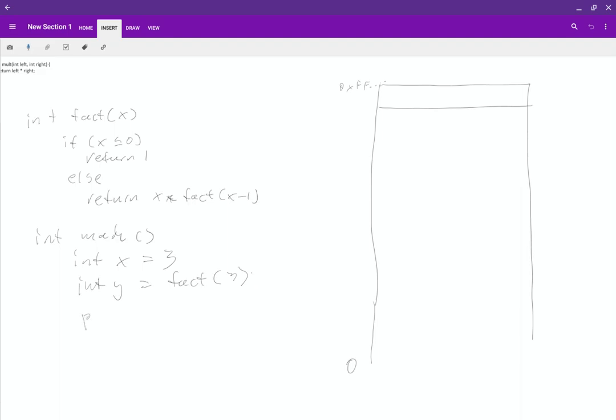And maybe I want to print x plus y. So I don't want any of the state of main to be changed or affected when I call factorial. But at the processor level, there's no notion of functions. So if main is using the same registers as factorial, they're going to step on each other's toes. So what we really want is all of the state of main to be held frozen somewhere while we go off and execute factorial. So the way this works is we use the stack to record all of the state